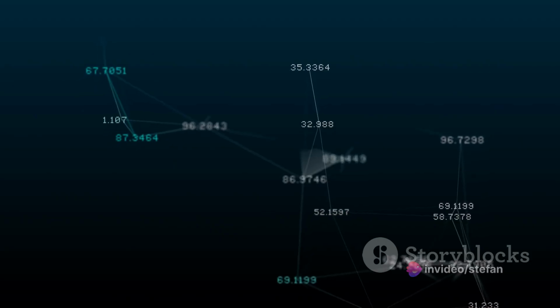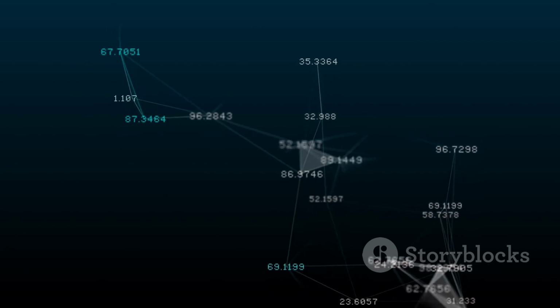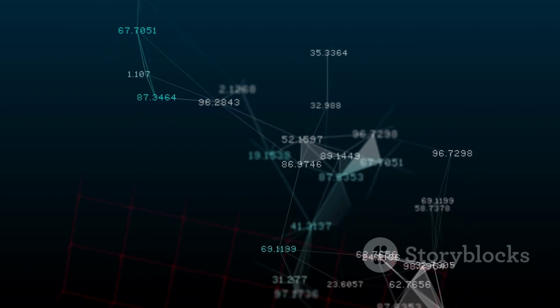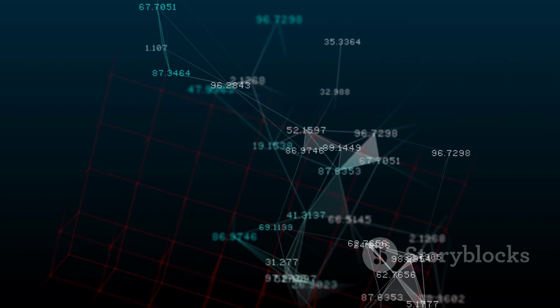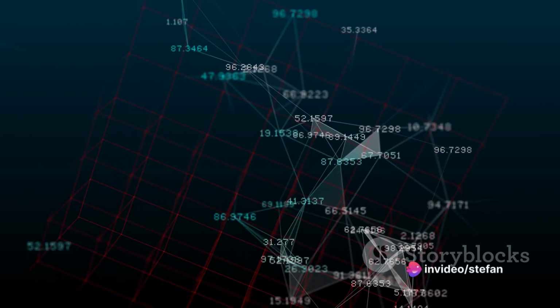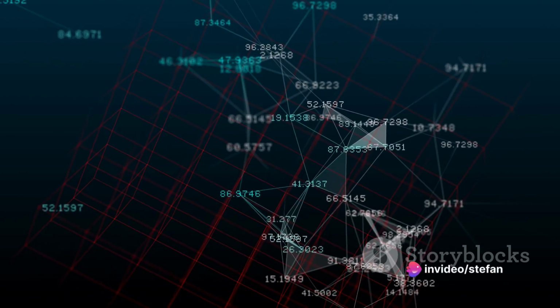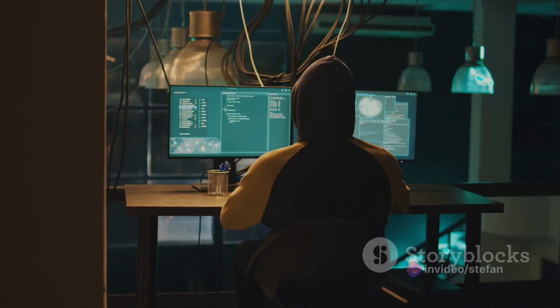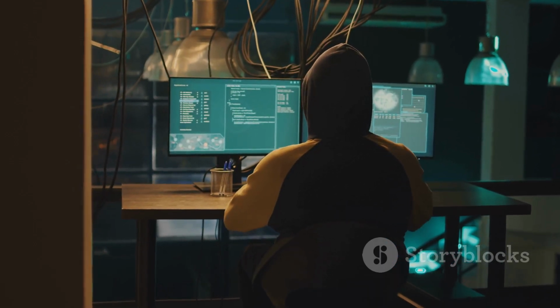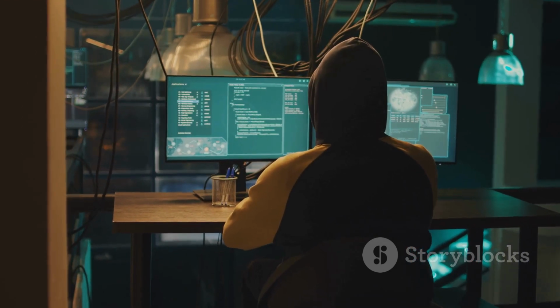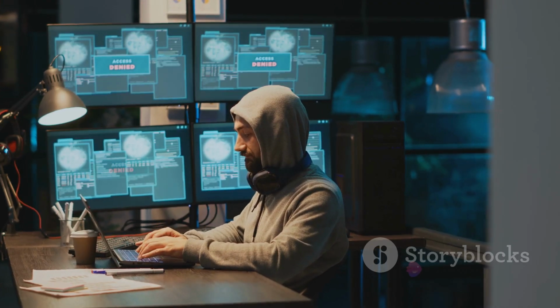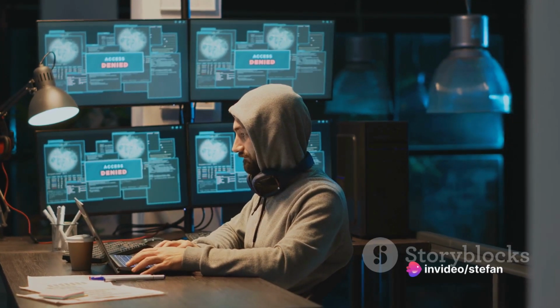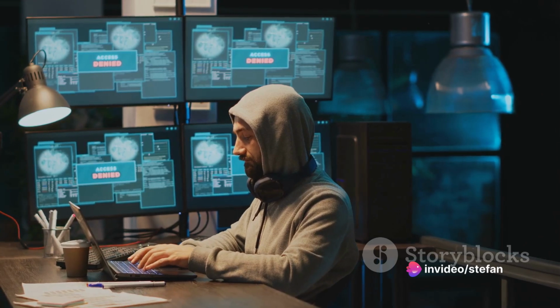A network, as you might know, is a group of interconnected computers. A session is like a conversation between two computers over this network. And hijacking, well, it's just as it sounds. It's the act of taking over something that doesn't belong to you. So, put it all together, and Network Level Session Hijacking is the exploitation of a valid computer session or conversation to gain unauthorized access to information or services in a computer system.